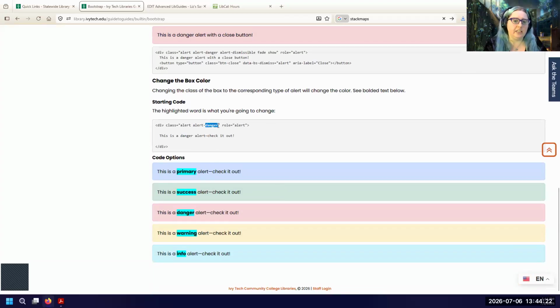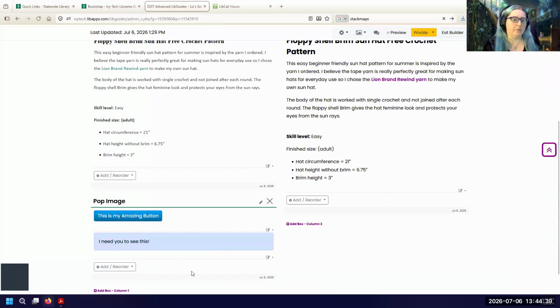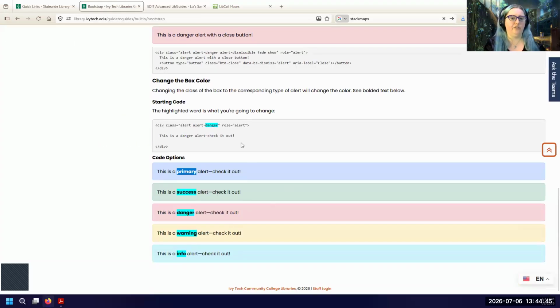If you change the text danger to any one of these other text messages, it's going to change your color to that box color. So primary, I'm going to edit danger and change it to primary and save. And now my box is blue. Okay. These are programmed in so that there's little things that you change to make a big difference on your